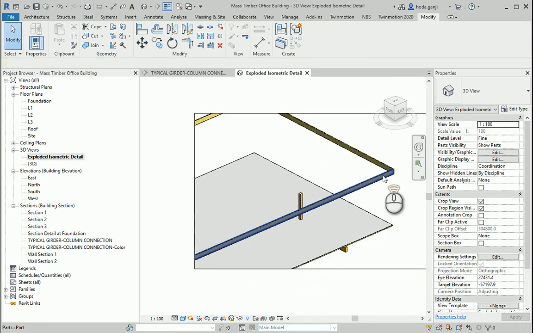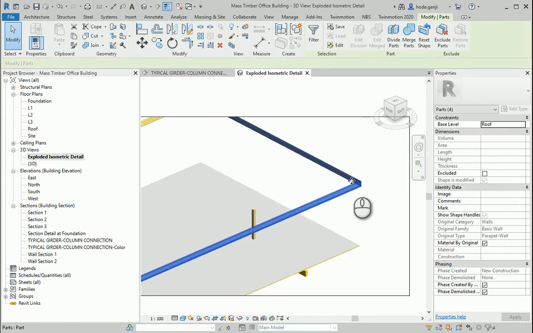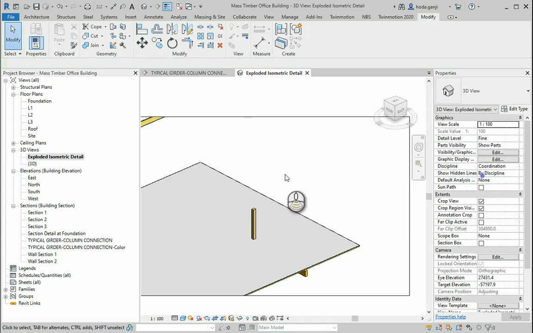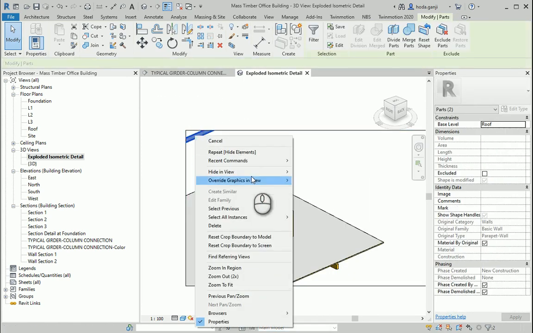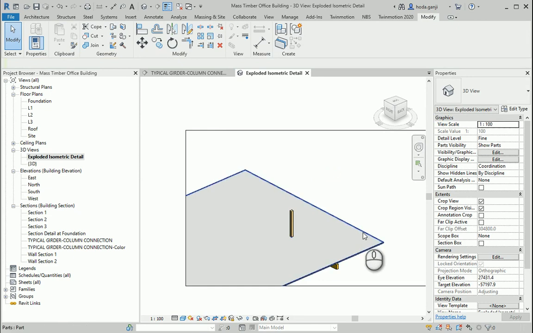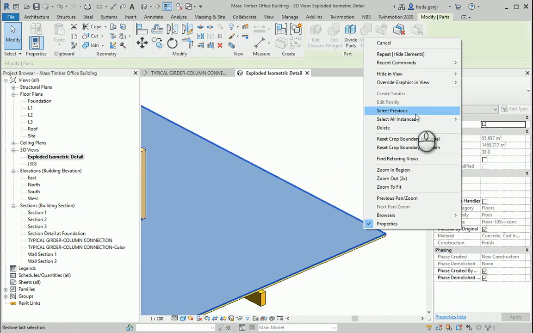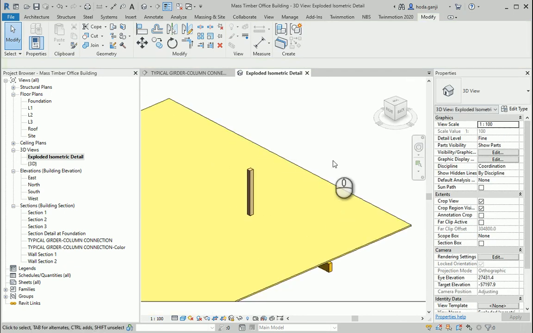So now different parts are created based on this floor, and I can just hide them, hide in view element. Also, now I can select this concrete part and hide in view element, so we only see the wood part.